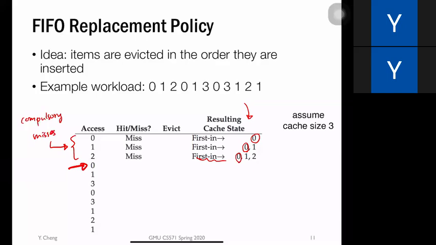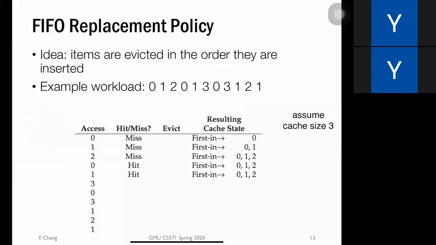0, sorry. So obviously there would be a cache hit for 0 because 0 is the very first item that has been inserted. Okay, and the next access, which is 1. And since 1 is over here, there would be another cache hit, right? And next, we take a look at 3. So just examine the state of the cache. The 0, 1, 2, there's no 3, so that means the cache has to make an eviction decision to evict something out,